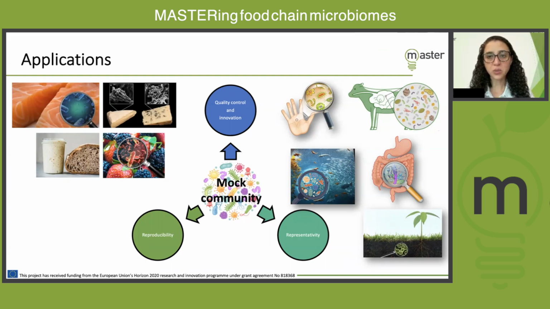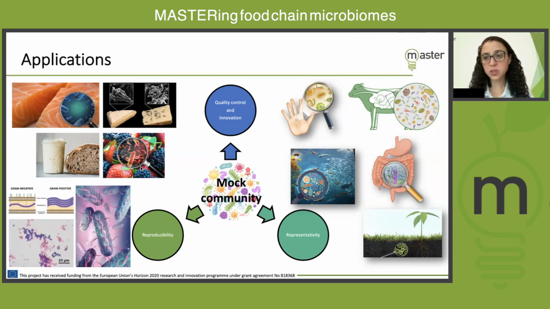By manipulating the composition of the mock community, scientists can optimize the characteristics of the final product. This can lead to the creation of new flavors, textures, and even improve nutritional profiles in food. Another significant benefit of the mock community is their contribution to research reproducibility. Scientists can compare and evaluate different techniques using mock communities, ensuring reliable and consistent results that can be replicated across